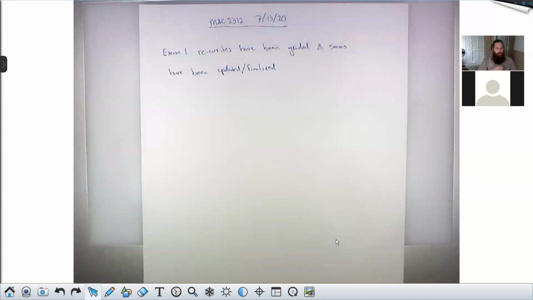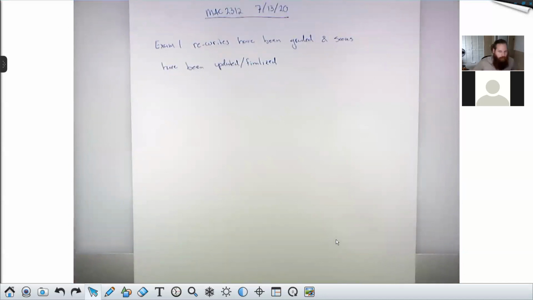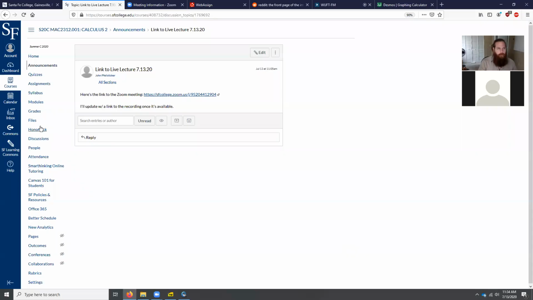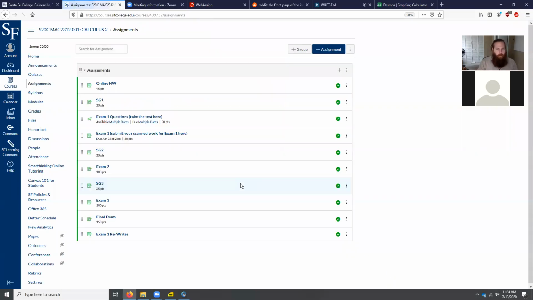And we talked a little bit last week about exactly what that means. So after I had your exam 1 scores locked in with the rewrite, I duplicated them in the second exam 1 assignment. I'll show you exactly what I mean here. So remember, exam 1 is worth 100 points, and the way that Canvas structured the quizzes, I couldn't make either of these worth 100 points on their own, so you took the test here, and your grade was originally here. And then once I had that grade updated with the material from the rewrites, I copy-pasted the grade here, right? So you should see identical grades under exam 1 questions and exam 1 submit your scanned work for exam 1 here, and that means the gradebook is now completely up to date regarding